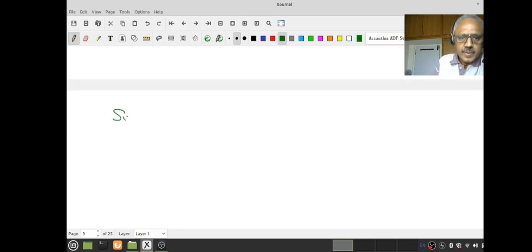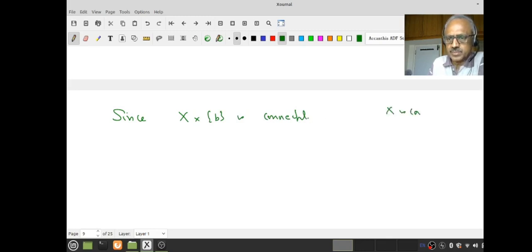Okay, so let me just quickly draw the picture. I may forget this. This is my A cross B, therefore this is X cross {b}, and this is {x} cross Y. Since X cross {b} is connected, why is this connected? X is connected, that's our assumption. X is connected, and the image of X under the inclusion map, X going to (x, b). So let us say X is connected,